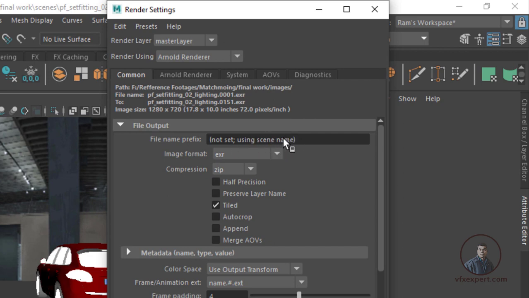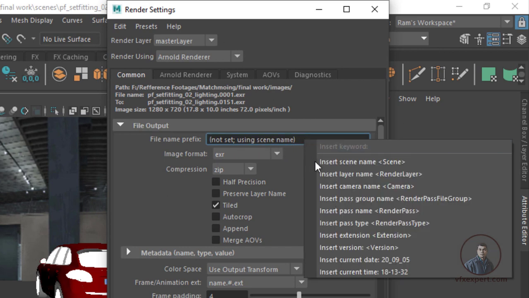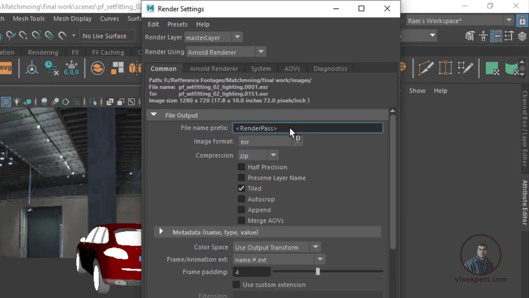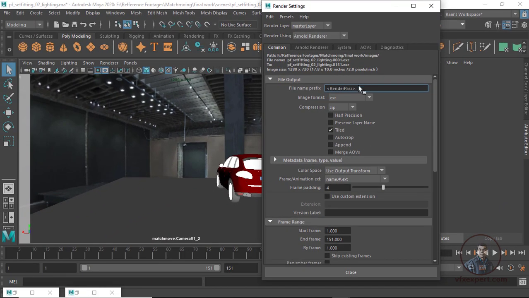Then simply right click, then you have to select insert pass name, then render pass. Okay, so this one you have to select. It means first it will show your project name, then it will show the names of your passes, maybe beauty pass, maybe diffuse, maybe specular. Okay, something like this. So this is important.